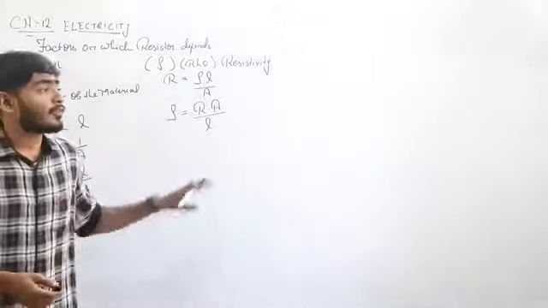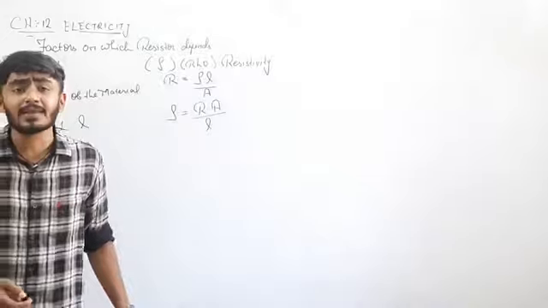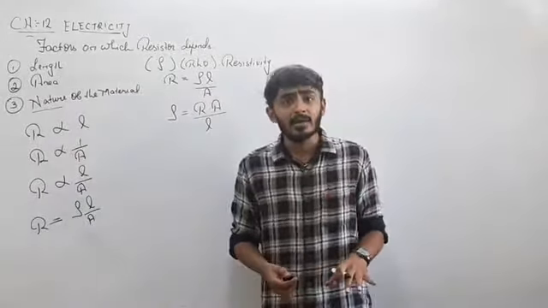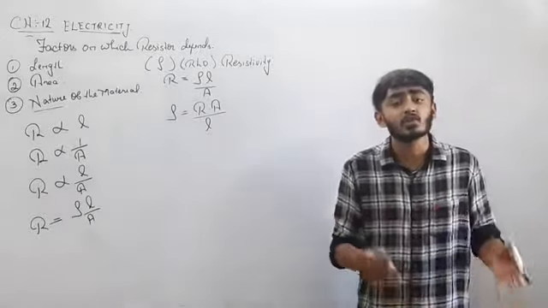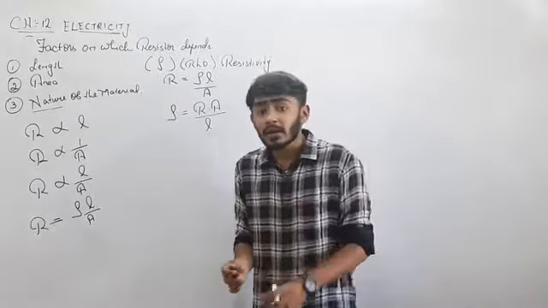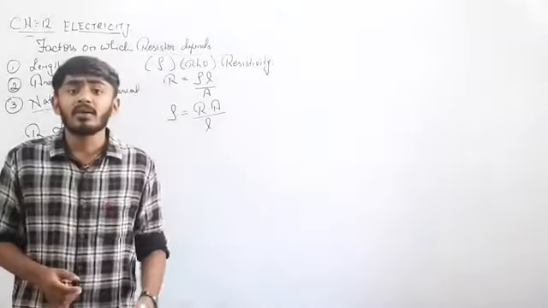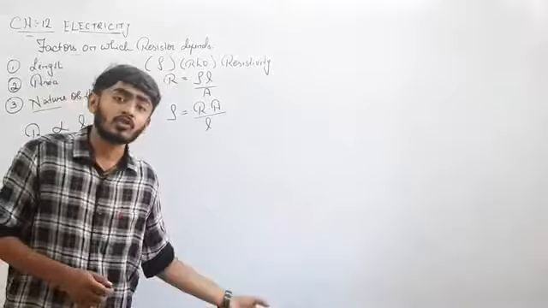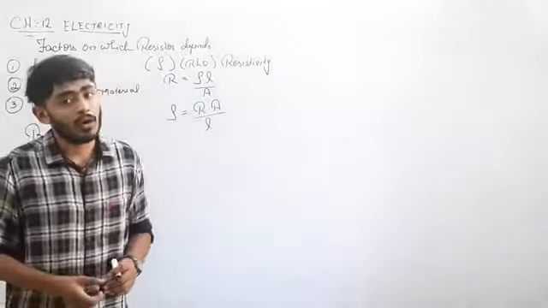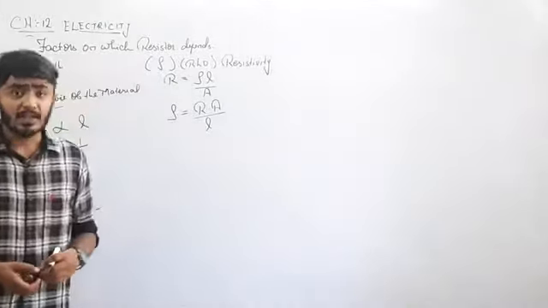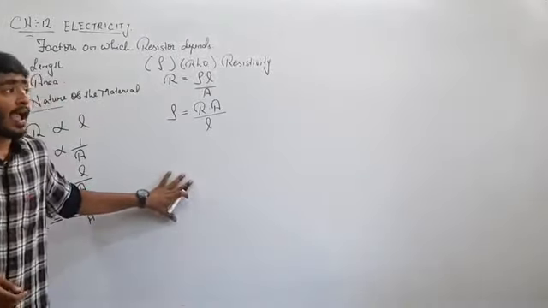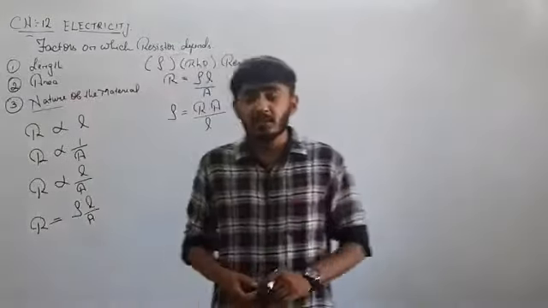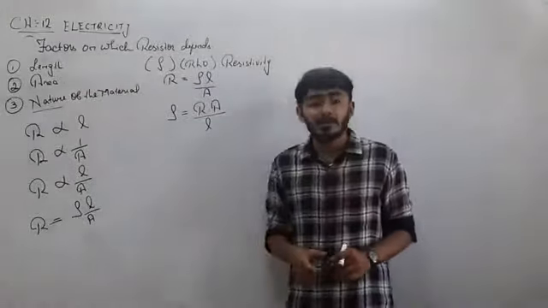The resistivity of metals ranges from 10 raised to -8 to 10 raised to -6. That is very low. But in semi-metals it ranges from 10 raised to -6 to 10 raised to 4. But in insulators as well as non-conductor elements, it ranges as high as 10 raised to 4 to 10 raised to 12 or 10 raised to 16. Fine. So these are the values of resistivity. I repeat, resistivity is the value of resistance.